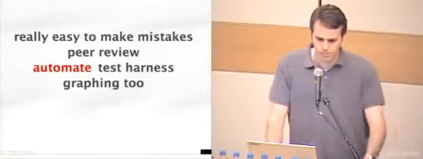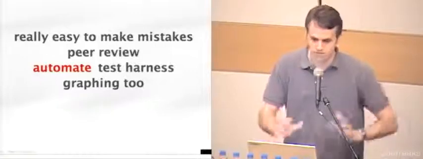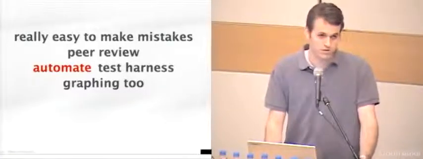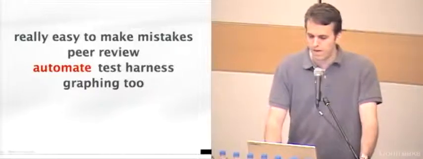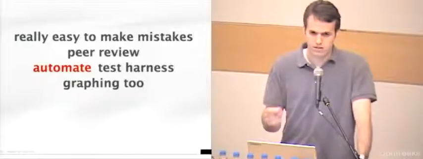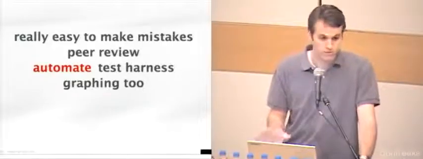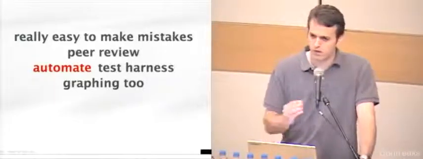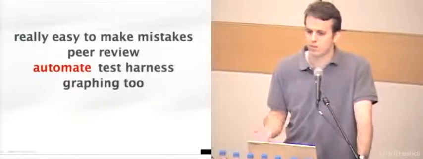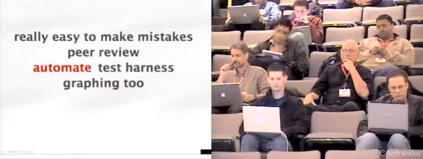There's some really subtle problems that we may overlook. Even statisticians, when they're working on things, always collaborate with other statisticians because it's so easy to make mistakes. A good way of doing that is to automate your test harness that's actually driving your test so that it's always the same. And one of the nice byproducts of that is that it makes your test easily replicated by someone else, so then they can peer review it.